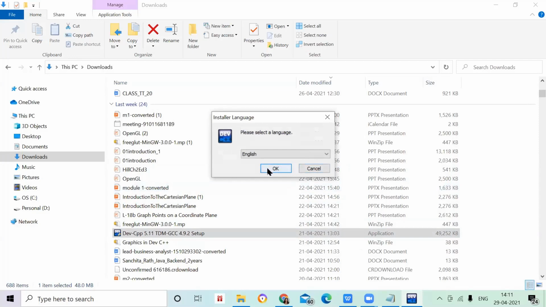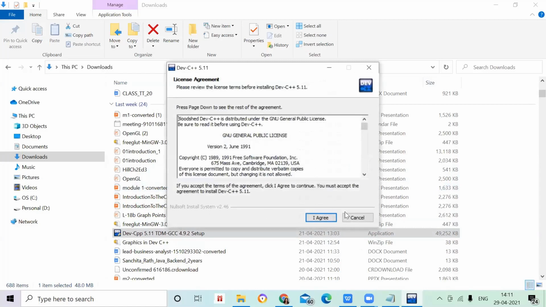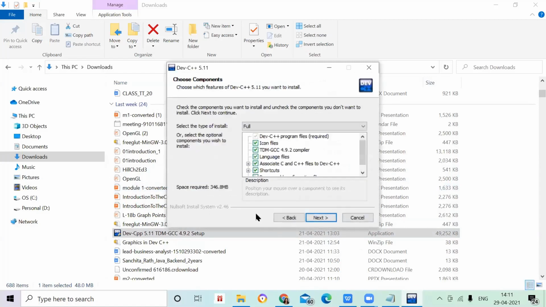You have to go for okay, then here you go for I agree. I hope you people are writing this down. Now remember, when it comes to choose components, the components are already clicked, but one component is not clicked, just write it down clearly, that is remove old configuration files.